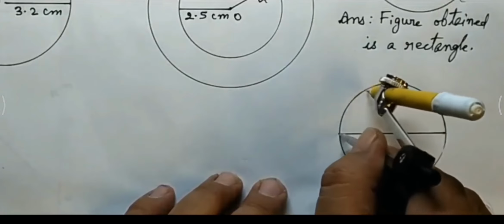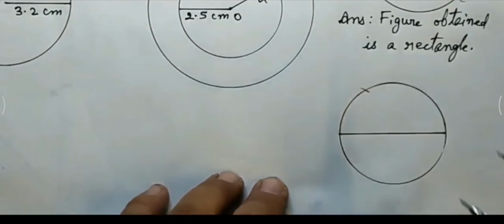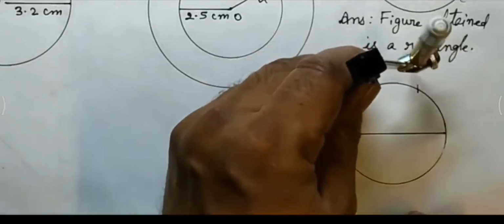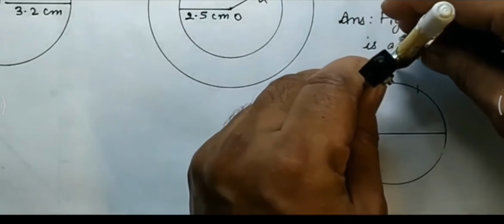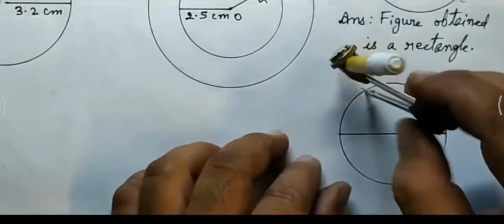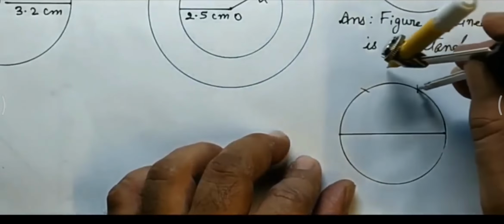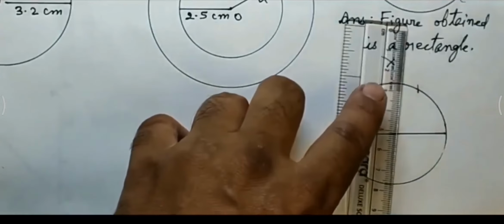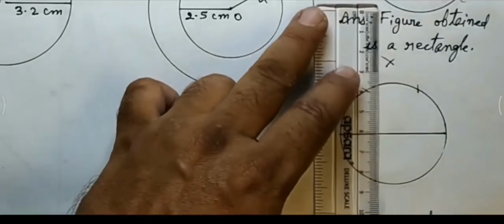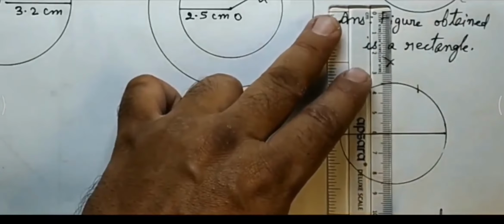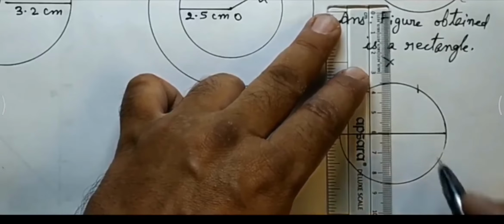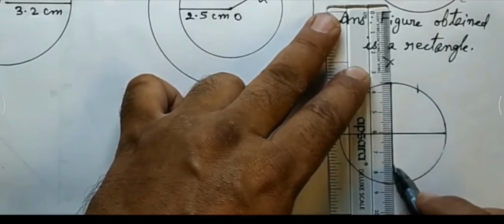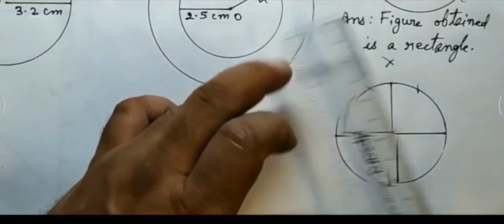For drawing this, you are required to mark one arc, then a second arc in this way, then you will mark another arc, and then from that part you are going to mark another arc. Now in this way you are required to draw. Now you will join the center of the circle to the intersecting point of the arcs. Now this diameter will be perpendicular to the other diameter.